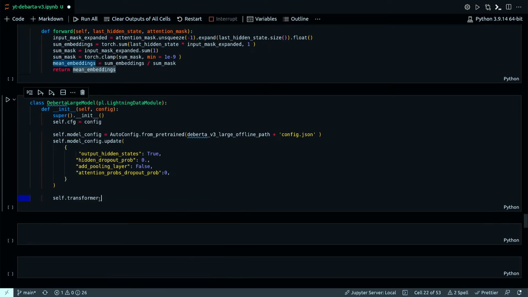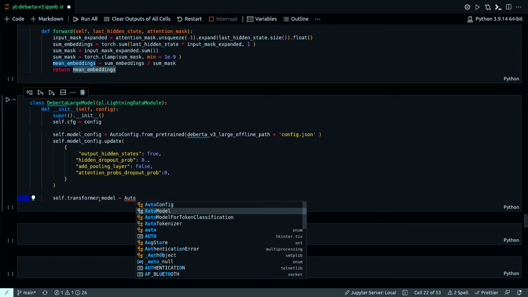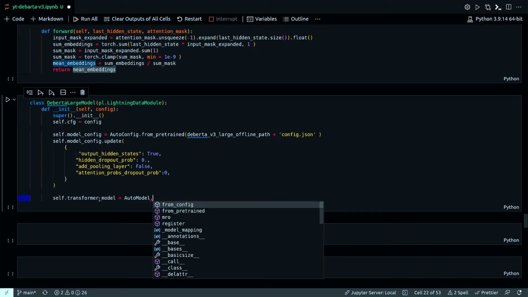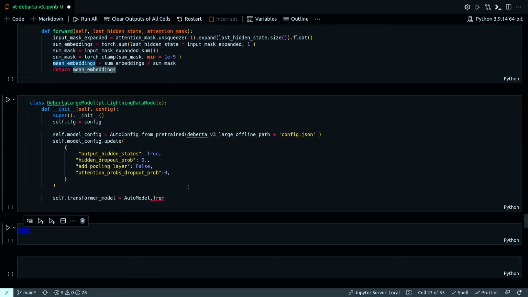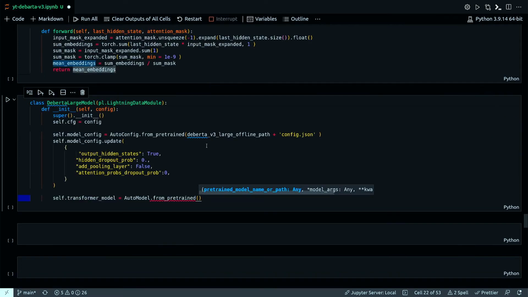Transformer. This is where I'm loading the Deberta-v3-large model. Again, I need to pass the path here.